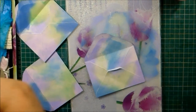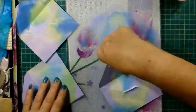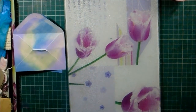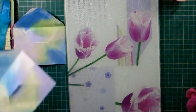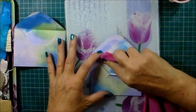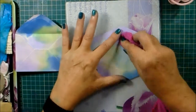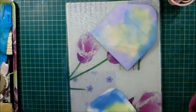And then I went to get out my different ribbons and that. Sorry, I'm just getting a wipe for myself and for this, so that we're not all dirty. Right, so that's better. I've got my microfiber cloth, and I'm just going to take a corner and just, because it's clean, rub some of these colours, and I might even spritz with water, but I don't think it's necessary actually at the moment, because